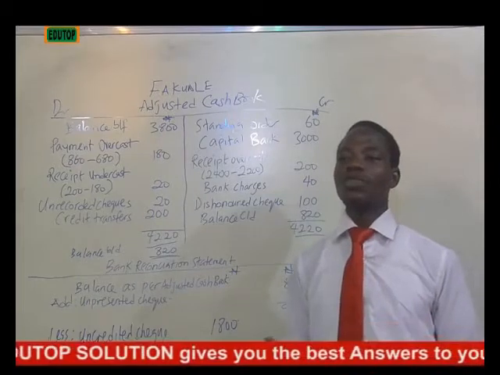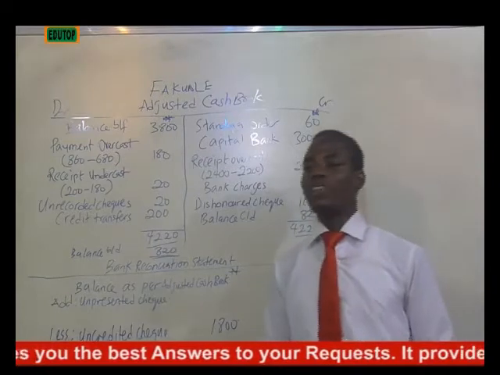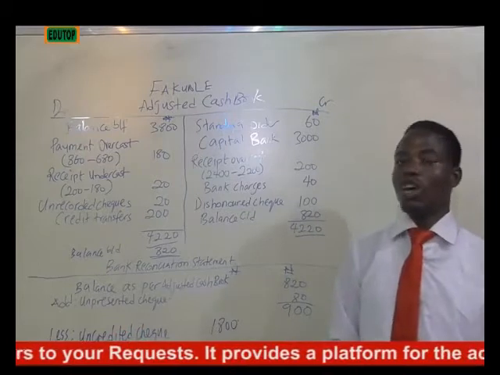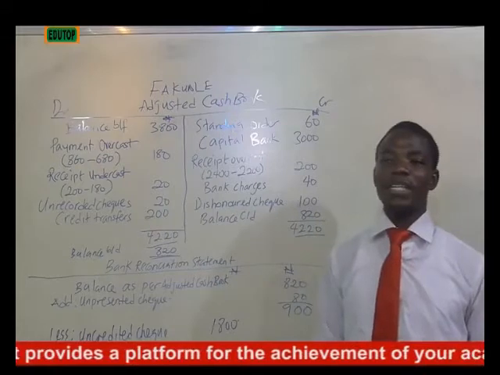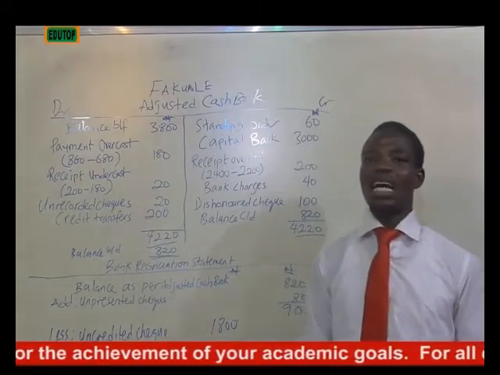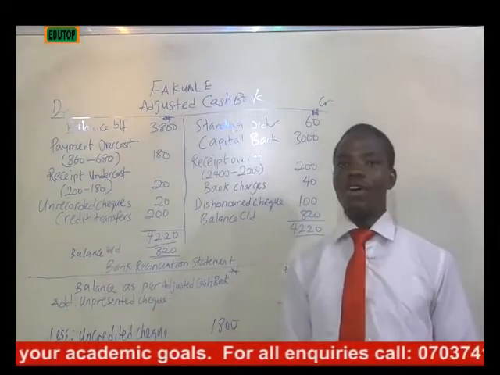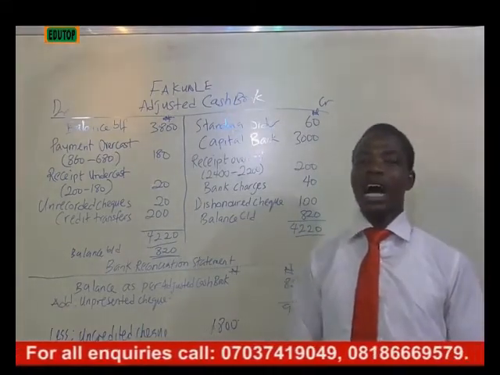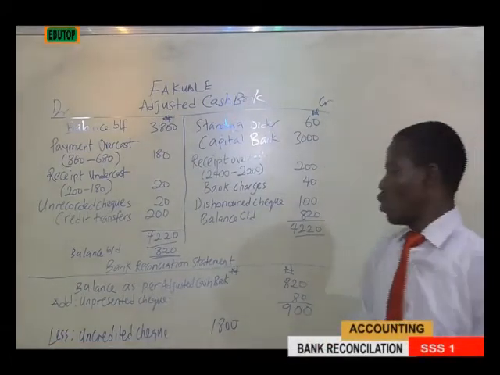It said check paid into the bank has been incorrectly totaled. You know, I told you the other time that those funds are not going into the adjusted cash book. We do justice to them when we get to bank reconciliation. So G said check paid into the bank had been incorrectly totaled. So this is not undercast, neither is it overcast. There is what we call error. So there is an error when the bank are doing the total figures of the checks that is paid into the bank. So in that case,